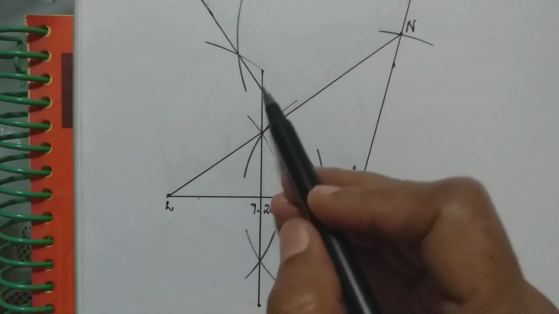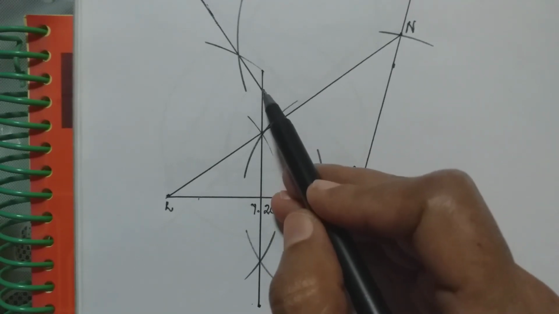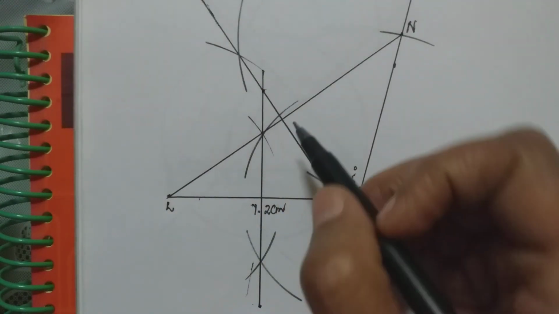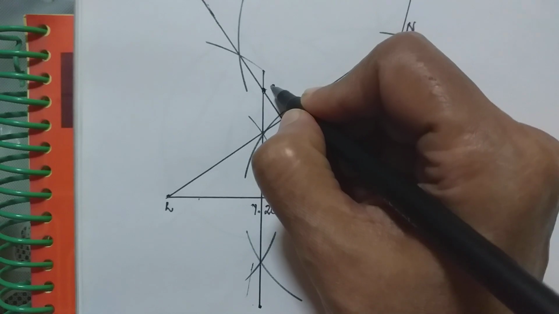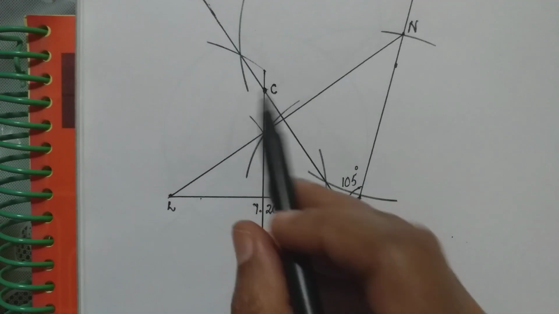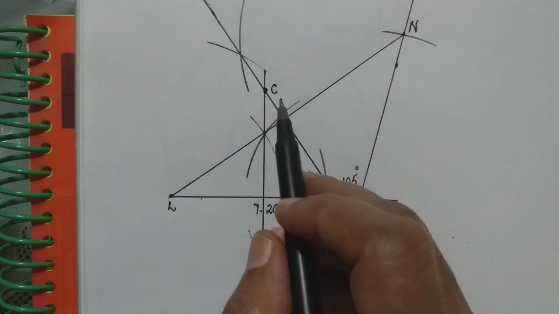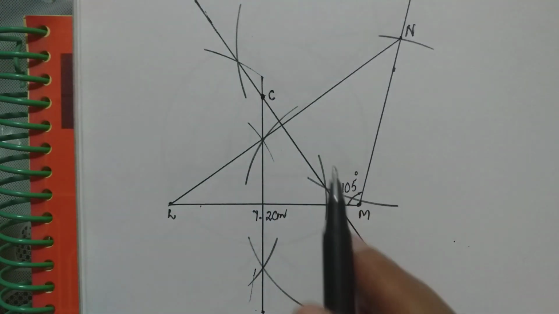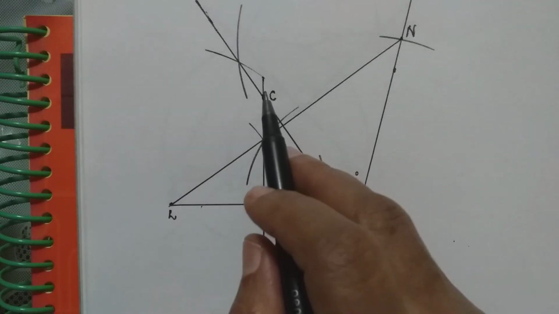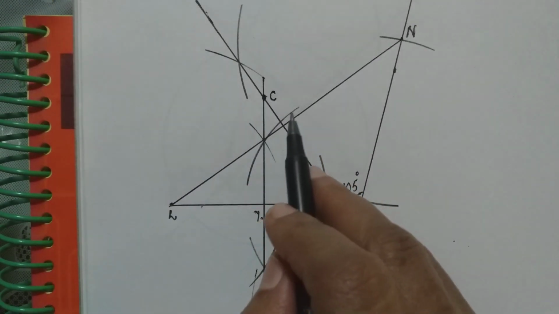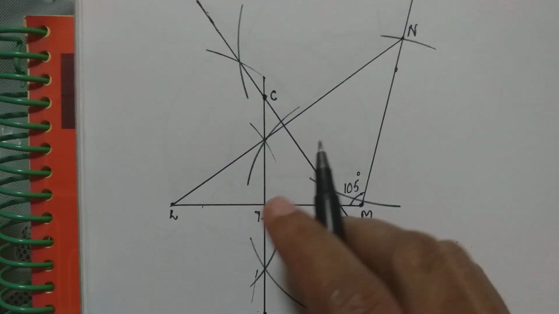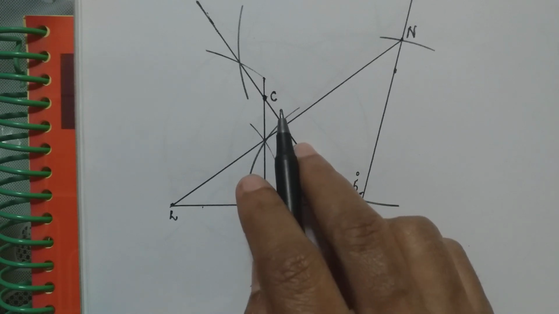Once this is drawn, now we look here. This is the point where the two perpendicular bisectors are meeting. So we mark this point here as C. Although we notice that this point C is outside the triangle. There is no problem if it is outside the triangle. The incenter is always inside the triangle. But in an obtuse angle triangle, we can have the circumcenter outside the triangle. So here the circumcenter is outside the triangle.